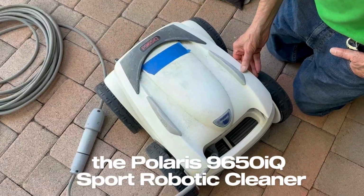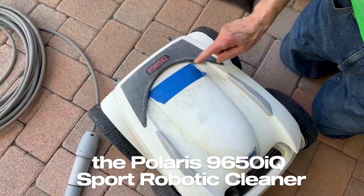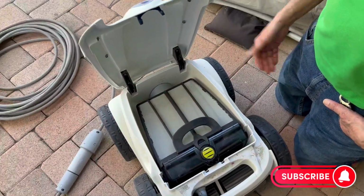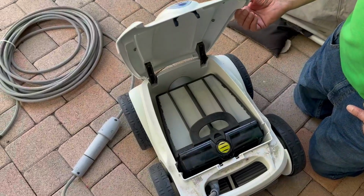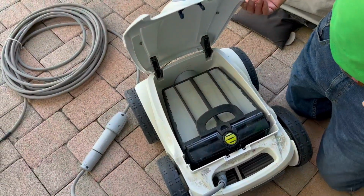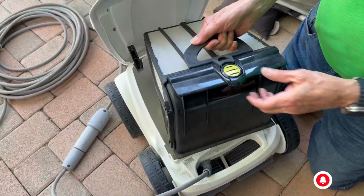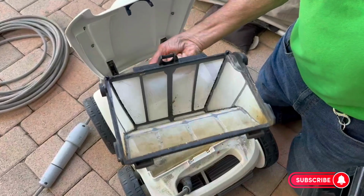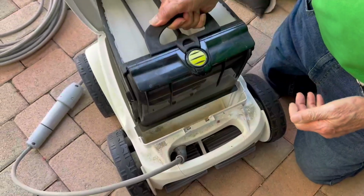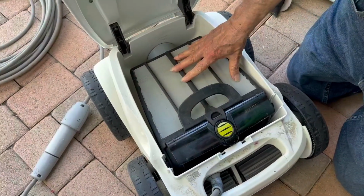The Polaris 9650iQ Sport Robotic Cleaner. The process becomes a breeze. This state-of-the-art automatic vacuum combines advanced features, such as smart app connectivity, Wi-Fi compatibility, Amazon Alexa integration, a 70-feet swivel cable, strong suction power, and an easy-access filter canister. With its ability to clean pools up to 60 feet in length, this multicolored robotic cleaner takes pool maintenance to